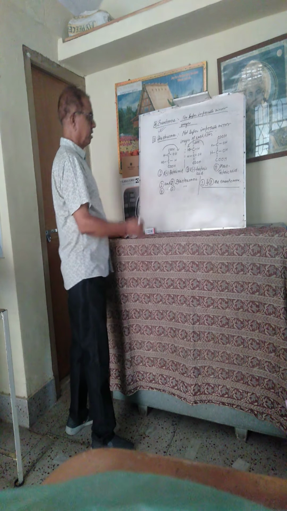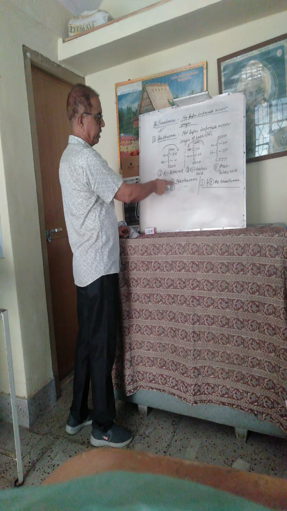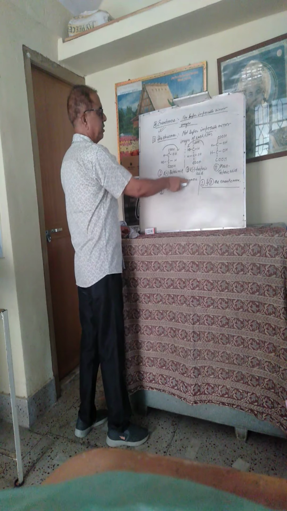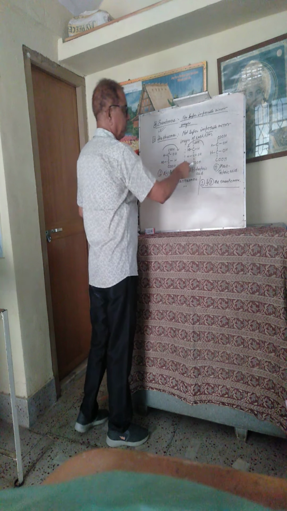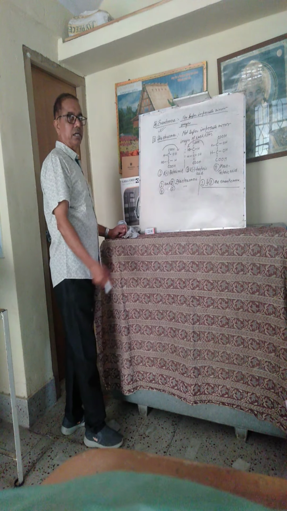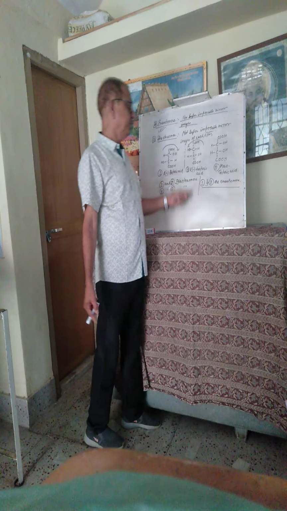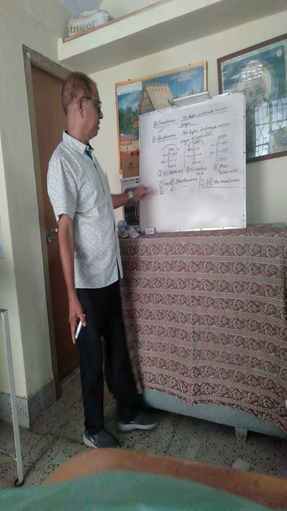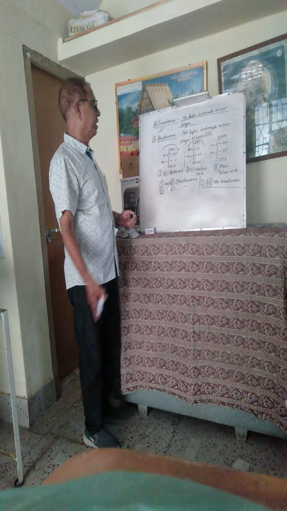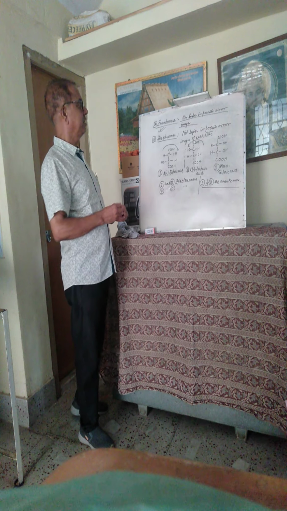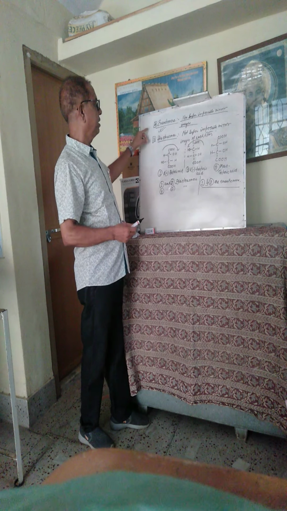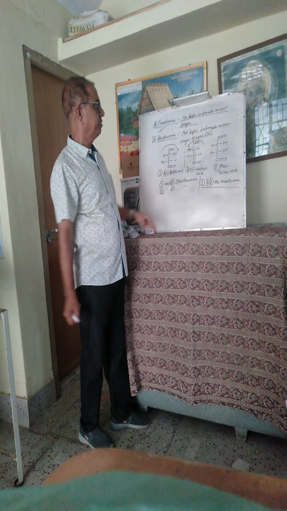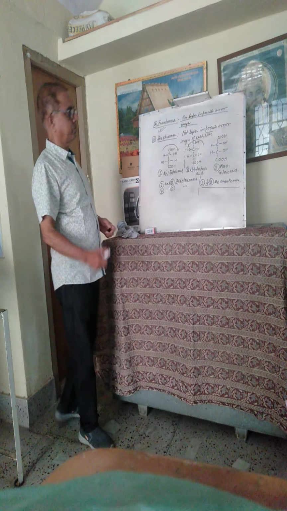Hence, this number 1 and 3 is not the mirror image of this compound. This is diastereomer. 2 and 3 are also not mirror images of each other. They are diastereomers. And 1 and 2 are non-superimposable mirror images of each other. Hence, they are enantiomers. Now we have discussed diastereomers, and here we can distinguish between enantiomers and diastereomers.